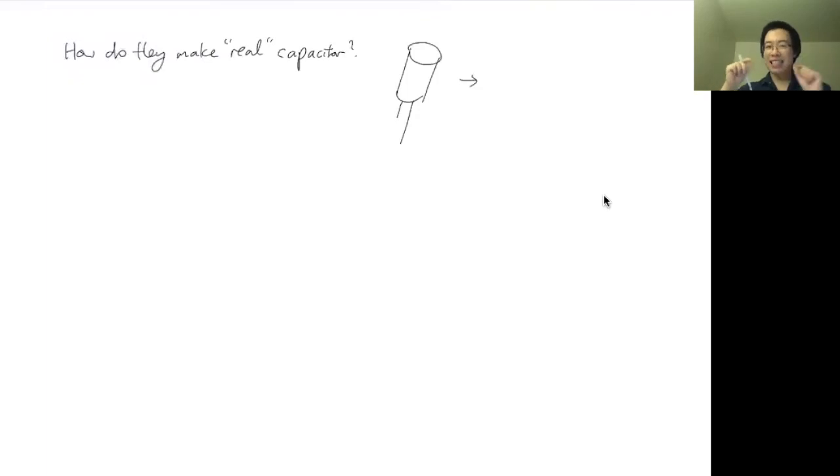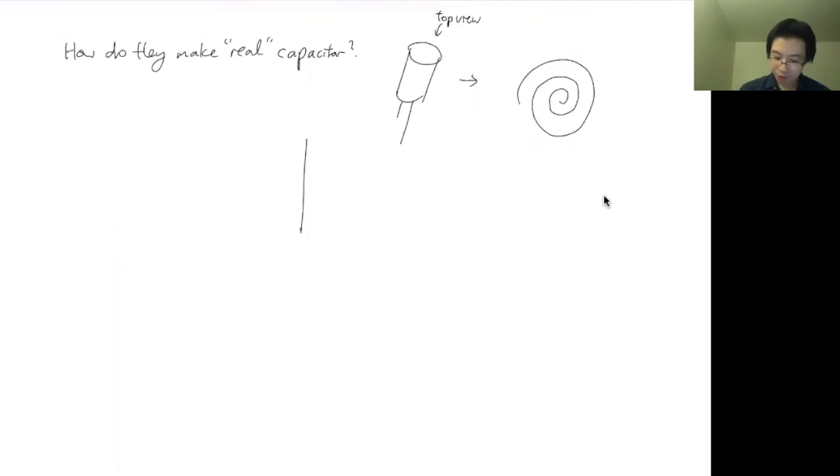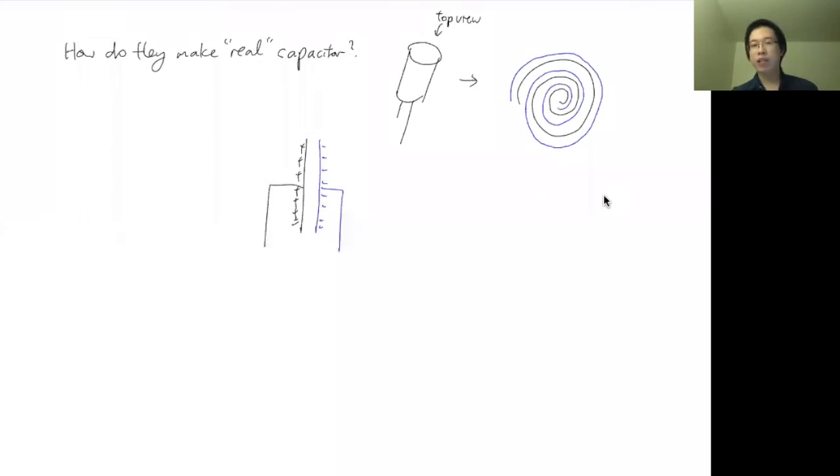So what they did is very clever. You take 1 sheet of metal, and first you wrap it up in a cylinder-like form like this. I'm just drawing the top view. So instead of having a flat positive sheet of charges, you wrap it around. And then you take the second sheet, which I'll denote in blue, and you wrap it right next to the black one. The black one is where you put all the positive charges, and the blue one is where you put all the negative charges, right?